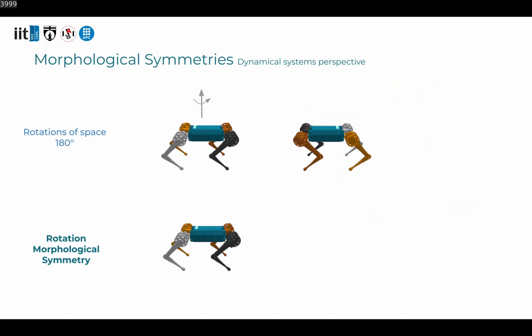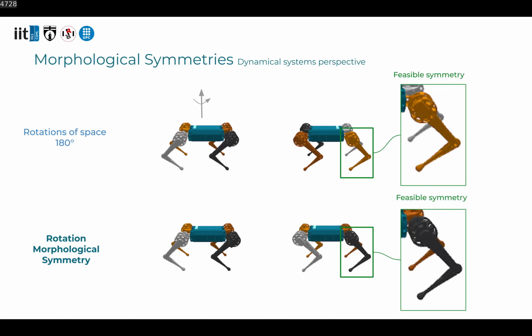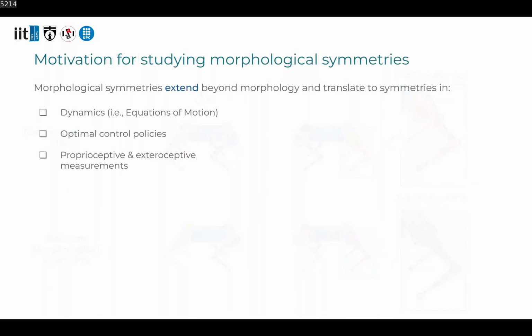Another example of a morphological symmetry is the capability that some quadruped robots have to imitate 180 degree rotations in space with a feasible discrete state transformation. In these scenarios, as both symmetry transformations are feasible, for each symmetric state there exists more than a single kinematic configuration. The reason why we are interested in this type of symmetries is because they not only manifest in morphology